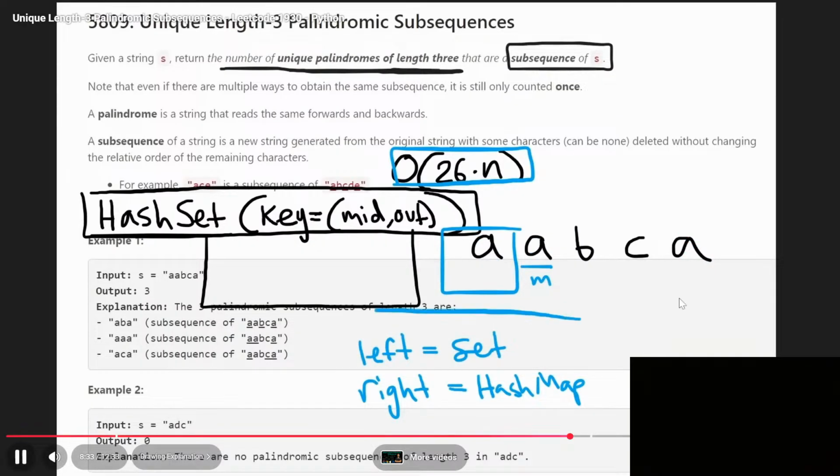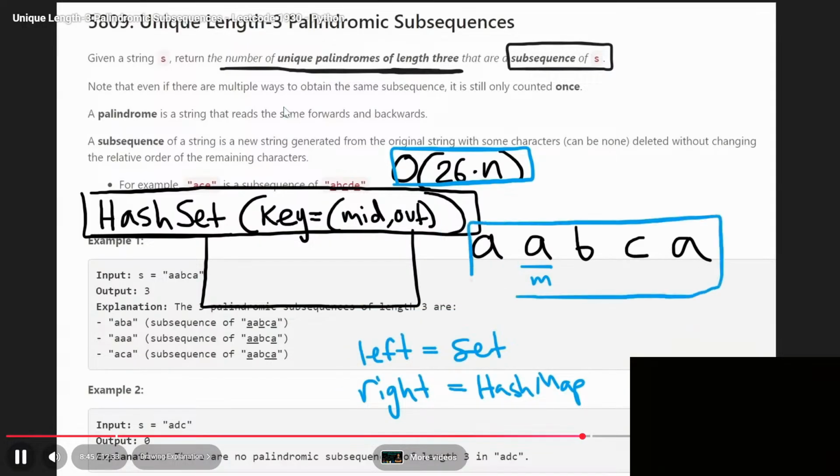We're going to be using these data structures to get the time complexity to be linear. And like I said, there might be a better solution. If there is, definitely let me know. But this is the best I could come up with. So that's going to be the idea. We're just going to iterate through this entire string once with a